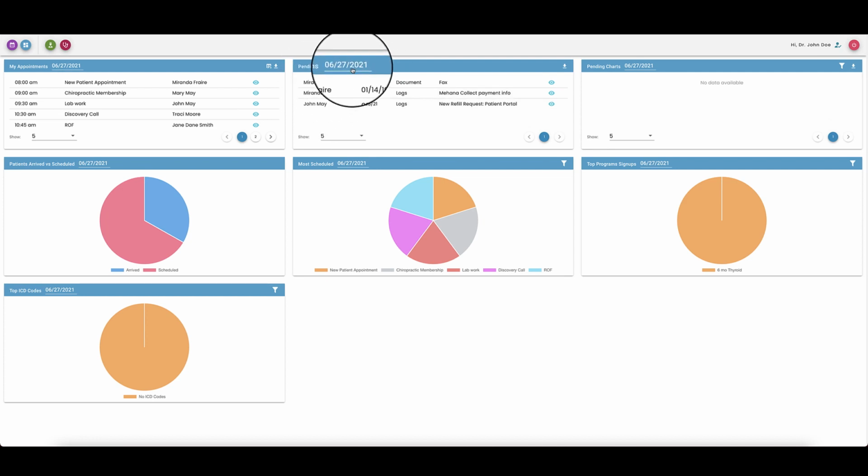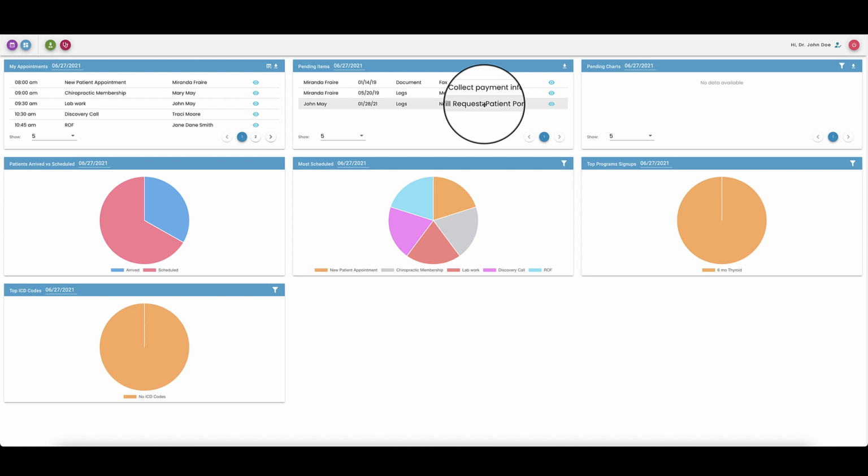So for example, on this date, you have this patient, which in this widget will show you all of the documents that you have not reviewed, or if there are logs, or if there are to-dos that are open. This is going to help you make sure that nothing falls through the cracks, that you do review labs or any type of documents before you see the patient in your office. And if you need to collect payment or request refills, etc., you do so